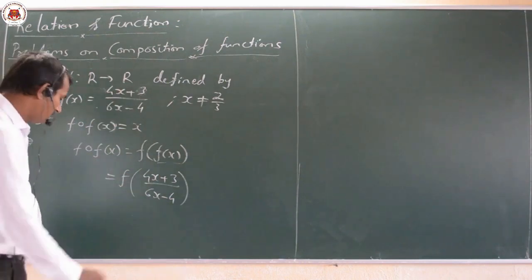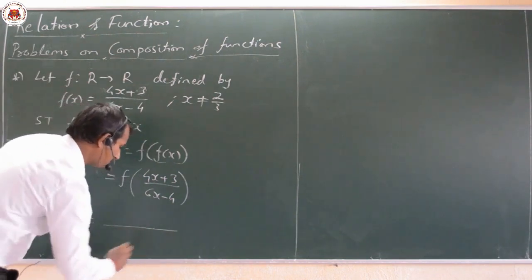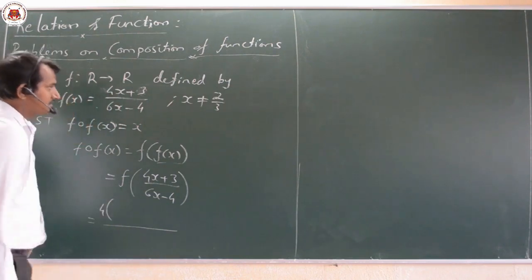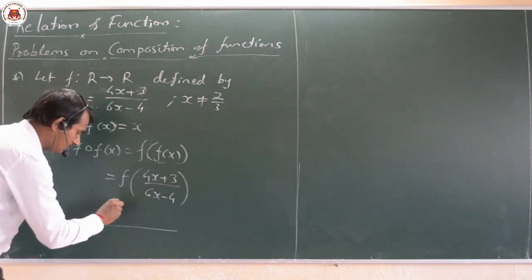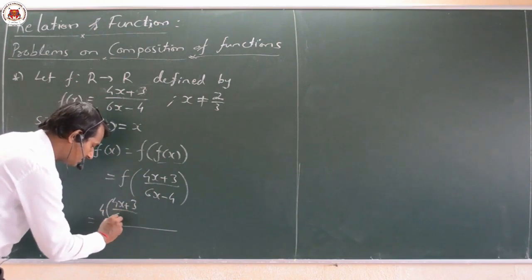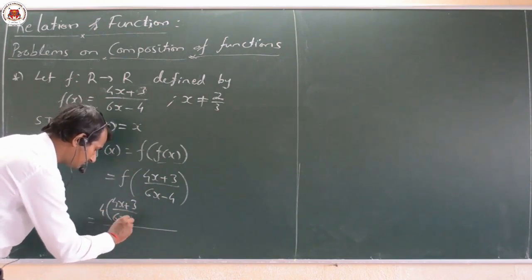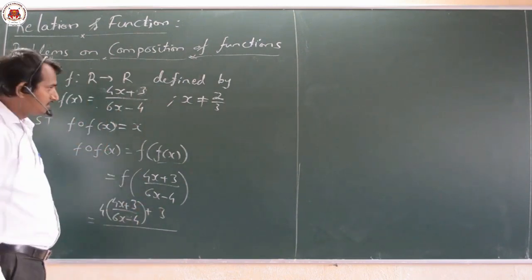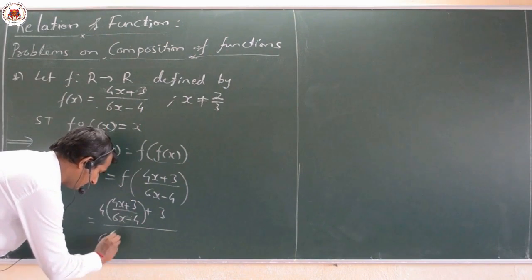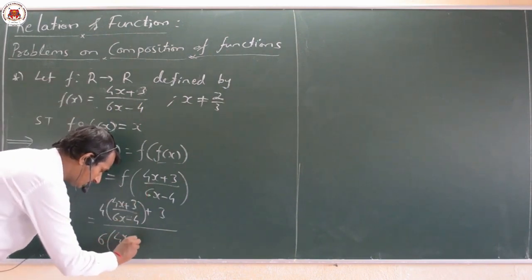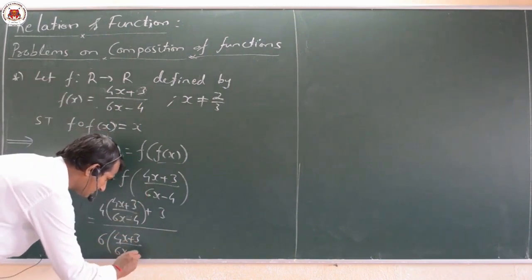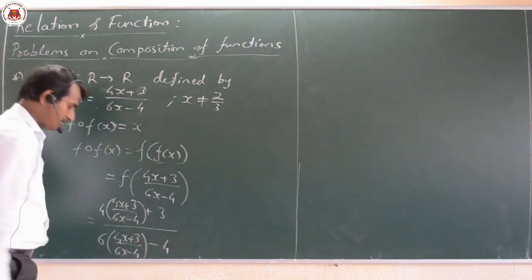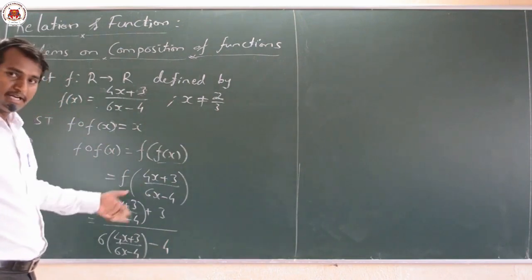x. Okay, so what we get here, which is equal to, now here 4 into x. Now what is the x value here? This whole thing, 4x plus 3 divided by 6x minus 4. Then here plus 3 we have. Similarly for the denominator, that is 6 into x. x means what? That is 4x plus 3 divided by 6x minus 4. Then here minus of what we have? 4. Now what we have to do here is we have to cross multiply it.